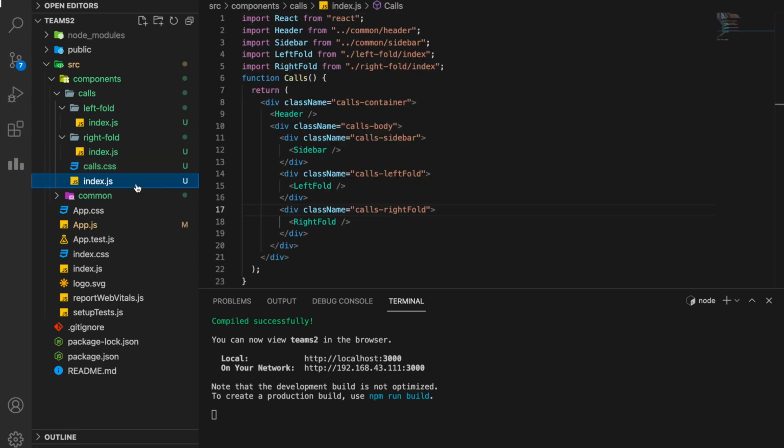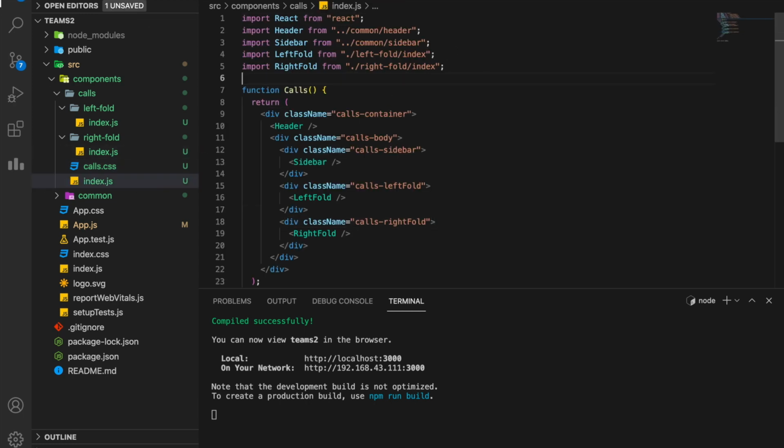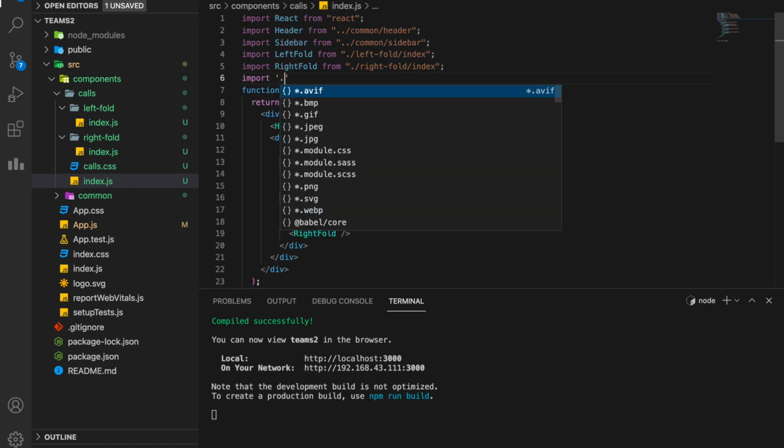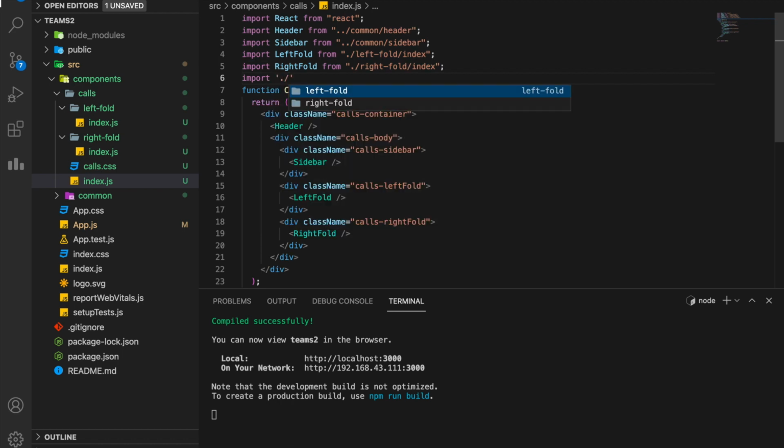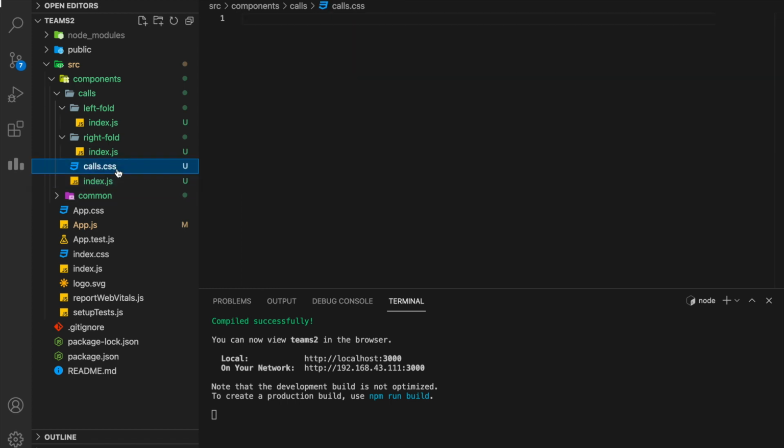Okay, first of all I'll have to import the styles here. Import, it's called calls.css. Many people create a single CSS file which is usually 1000 lines long and keep all the styles there, but I prefer putting all my styles in a component folder so that it's easier to read when you are going to make any changes. So first of all, we are going to say that calls body.